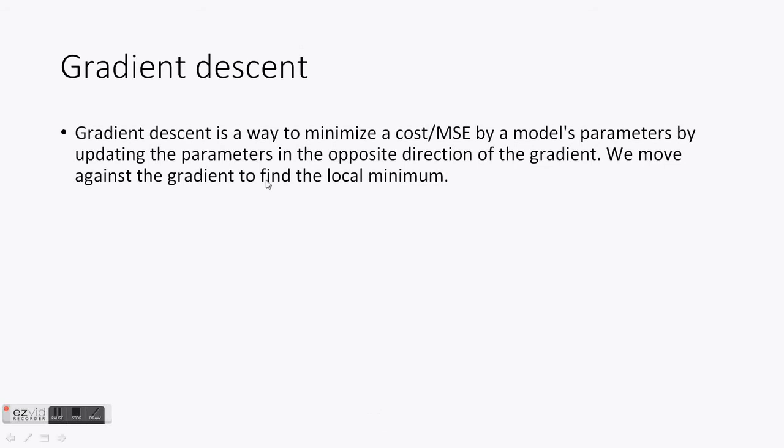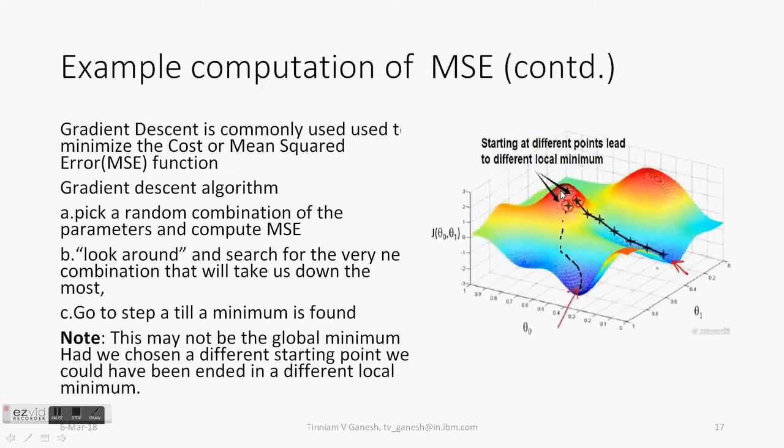So this approach is known as gradient descent. It is a way to minimize the cost of the model parameters by updating the parameters in the opposite direction of the gradient. We move against the gradient to find the local minimum. So here, so far we have taken a very simple example where we have taken age and salary, where we had just a single parameter versus a target variable. But in reality you could have 2, 3 or any number of input variables, features, predictors, etc. to some output